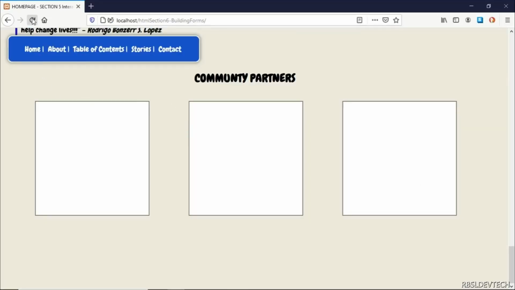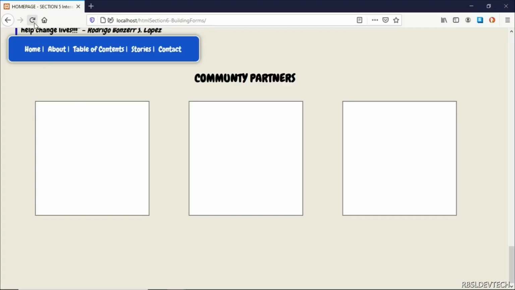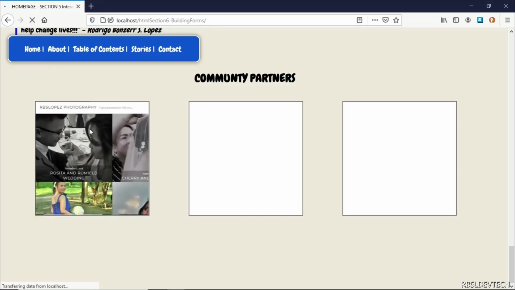It's not working here, so let's go back to our code. Let's see what's wrong. Okay, we can see here that I specified background color instead of background image. Let's go back to our browser here and refresh. And there we go. We now have our first community partner, which is RBS Lopez Photography, inside of our first